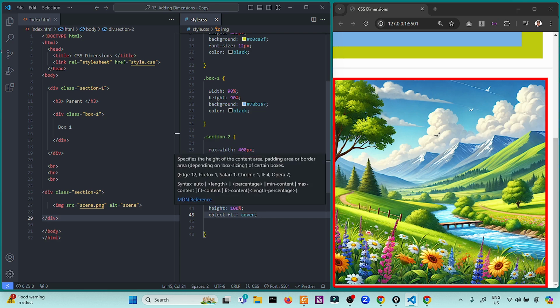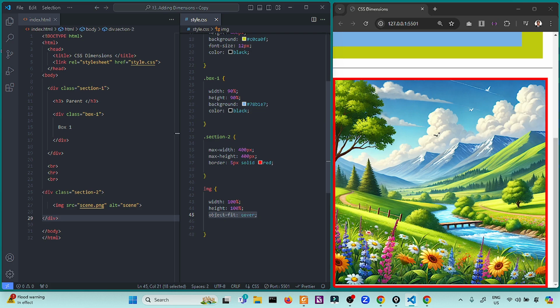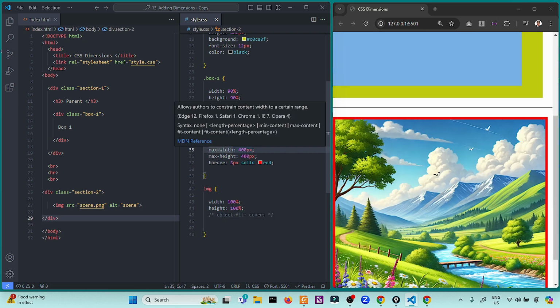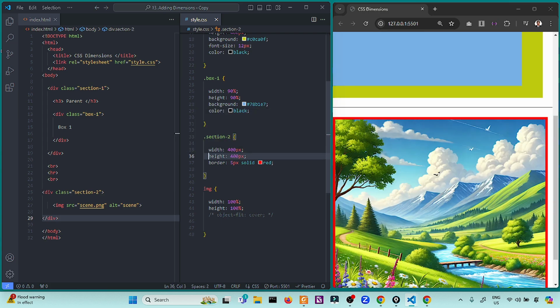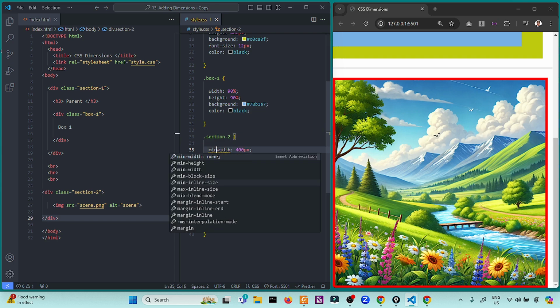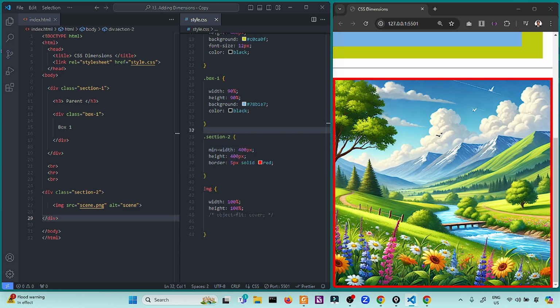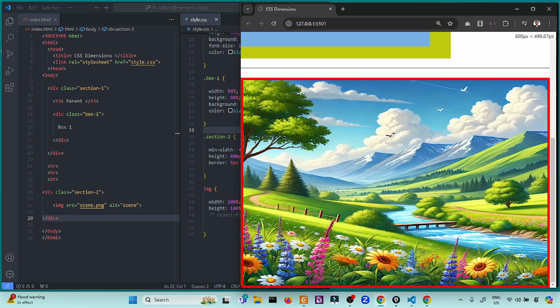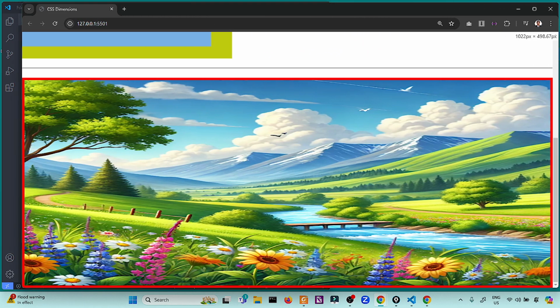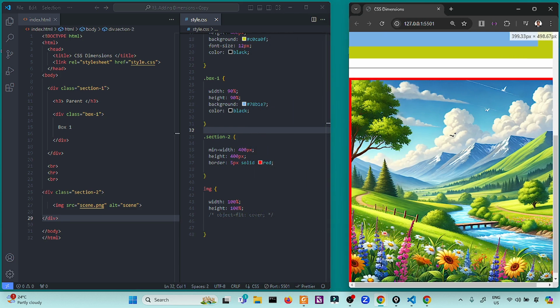Because if you do not have this, for example, if I remove this one and I set just only a width and a height of 400 pixels, as you can see, the image is fitting very well. How about I set a minimum width of 400? Again, it expands to the border line. So this is an example of a responsive image as it adapts to the screen size.